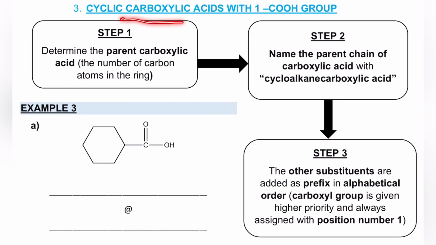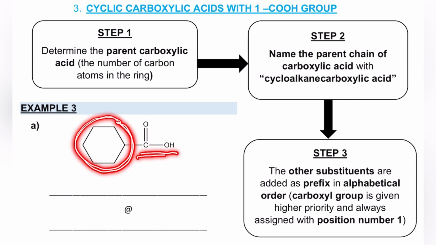You have cyclic carboxylic acid with one carboxyl group. So the parent carboxylic acid must be the carbon atoms in the ring. So you can give the name of the parent chain as cycloalkane carboxylic acid. And then if you got any substituents, just add them as prefix. So for example, we have this one. You can give the name as cyclohexane carboxylic acid because you got cycloalkane in the ring and then carboxylic acid,